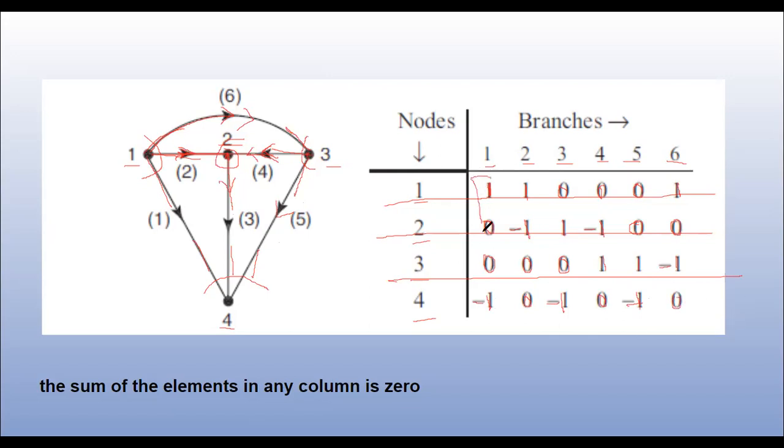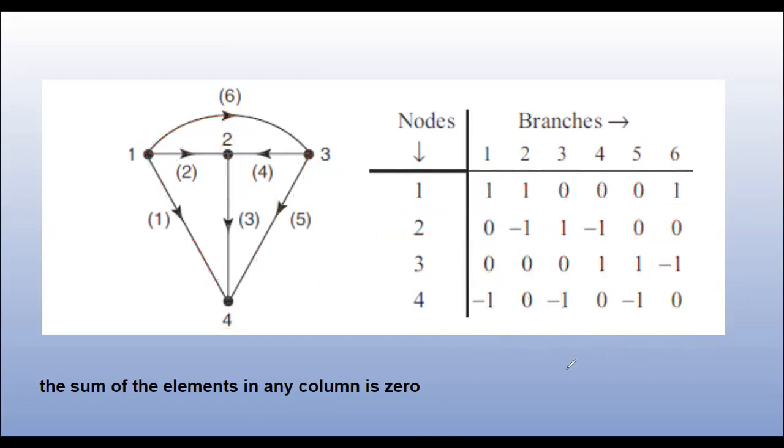So this particular matrix is giving me a complete incidence matrix for this given graph. And we represent the complete incidence matrix by capital A suffix small a. Now you can observe one thing over here, that if you sum all the elements in a given column, it will give you the answer as 0. Here 1 plus 0 plus 0 plus -1 is 0. Here 1 minus 1 plus 0 plus 0 is 0. Likewise, every column, if you add, the sum will be zero. This is the property of your complete incidence matrix.